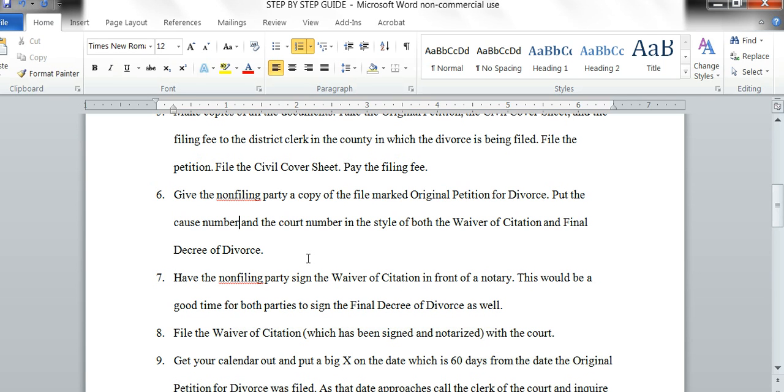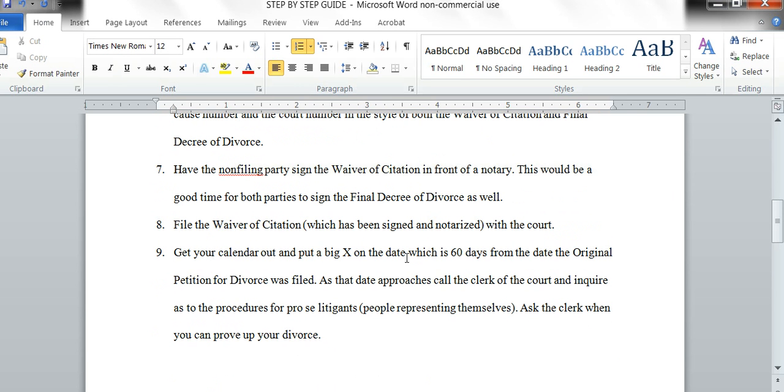It's at this point that I would have the rest of the documents signed. Have the non-filing party sign the waiver of citation in front of a notary. And let's also at this point go ahead and get the final decree of divorce signed. That way all the paperwork's done. The next step